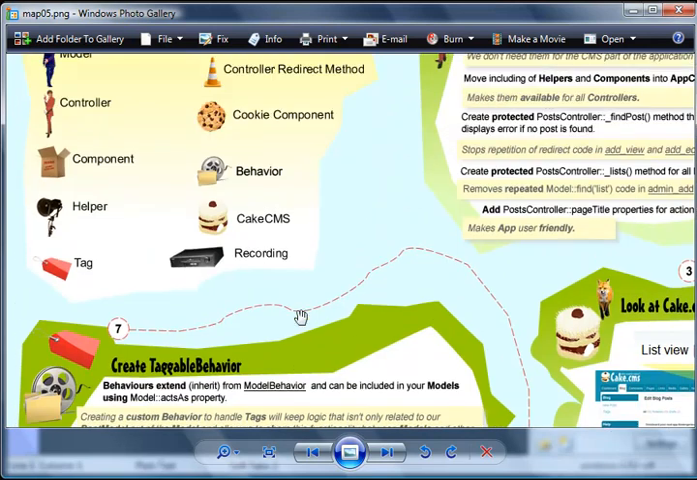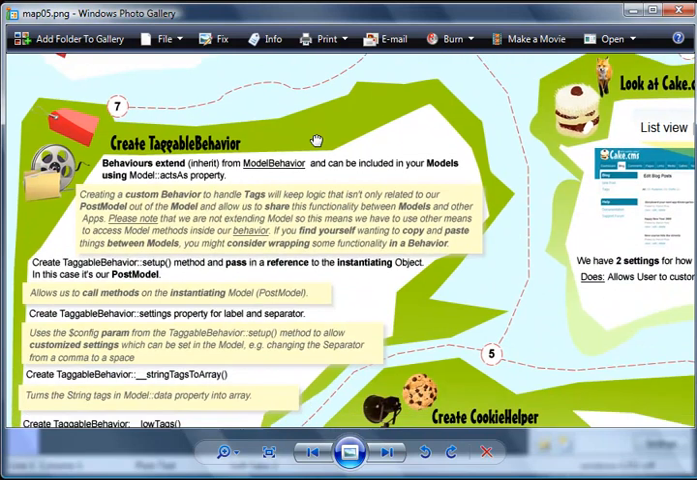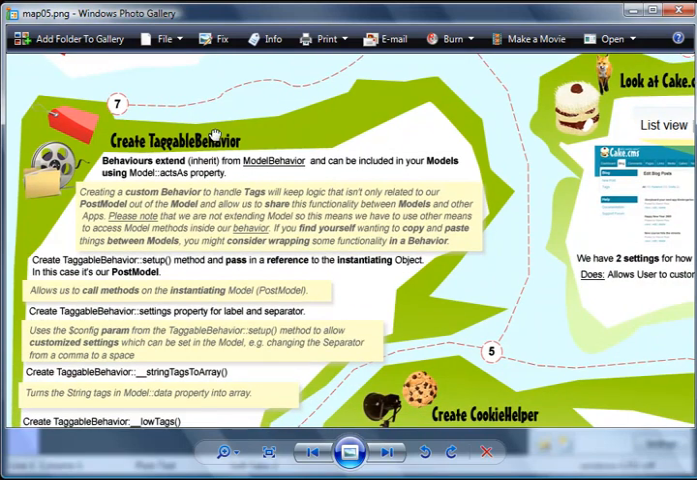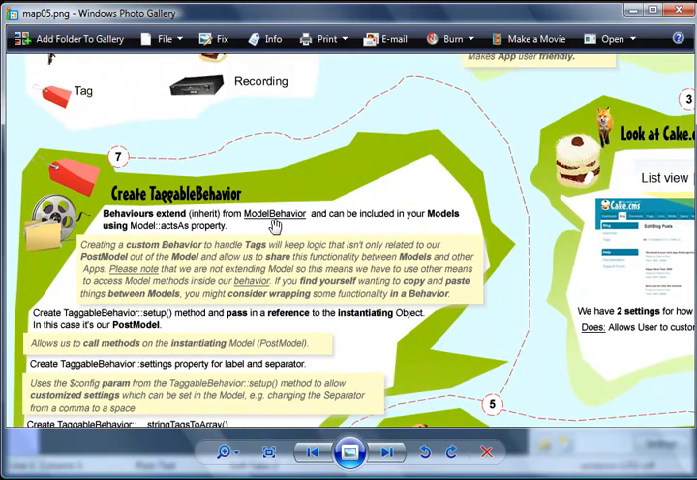So the first thing we want to do is go to map number 5 in the study guides directory, and we want to create the taggable behavior which we didn't do in the last lesson because we were bad. We took an hour to do all that other stuff and we missed out on the taggable behavior, so we